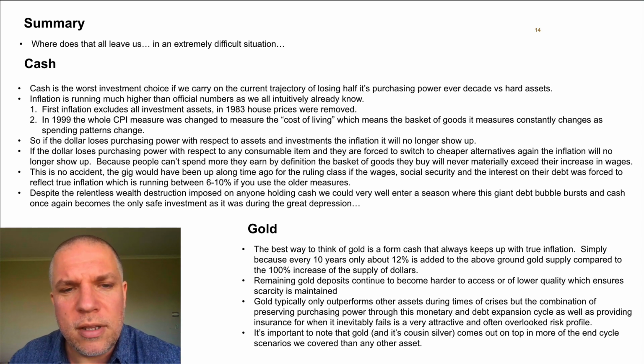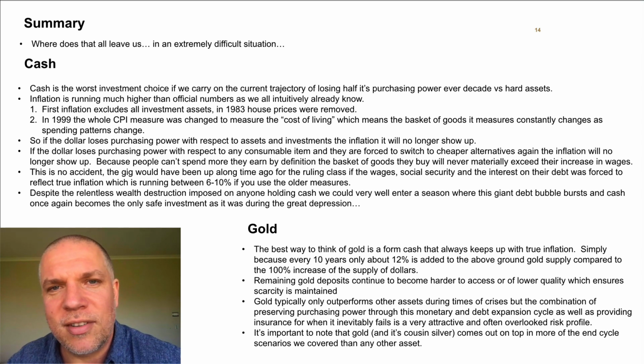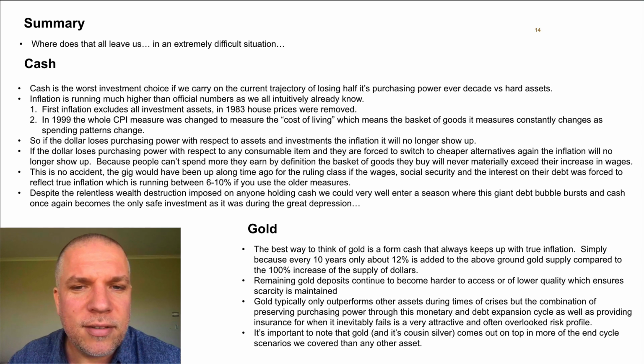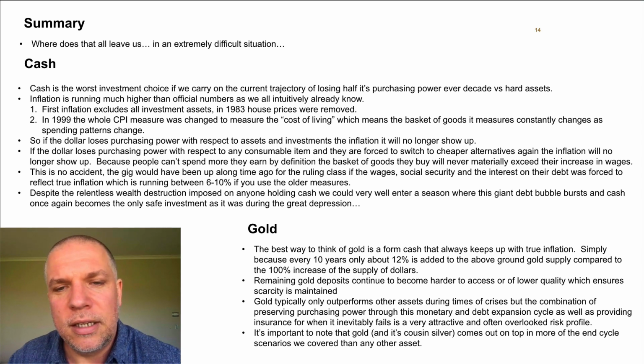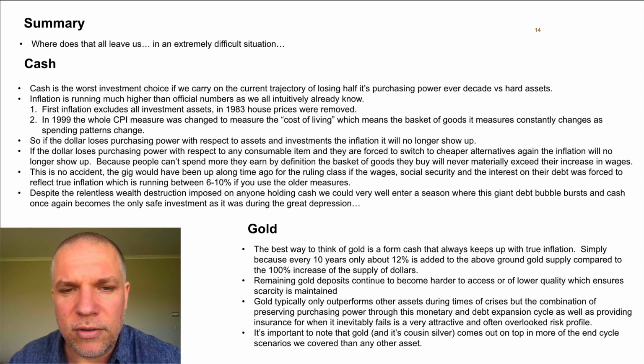Now, what is useful is there are people who still run these old measures under the old rules. Shadow Stats is one, but their website. And anyway, if you measure it under the old measures before those rules changed, it comes out with inflation running between 6 and 10%. If you include housing and stuff, it's the 10%. If you include a basket that doesn't keep changing for the low quality goods, it's running closer to 6%. So massively high. So you can see that indeed cash has been a terrible investment. What we're saying about the purchasing power being eroded is very apparent if you use traditional inflation measures.